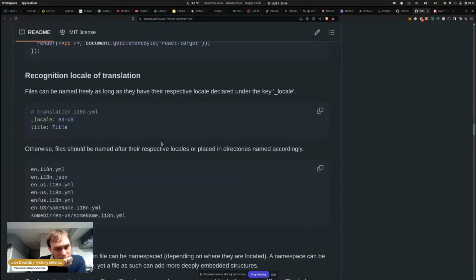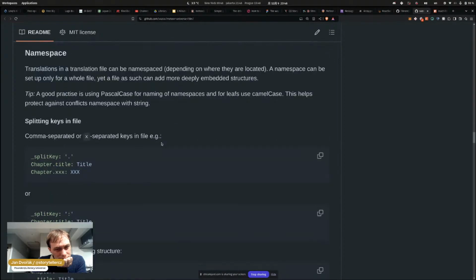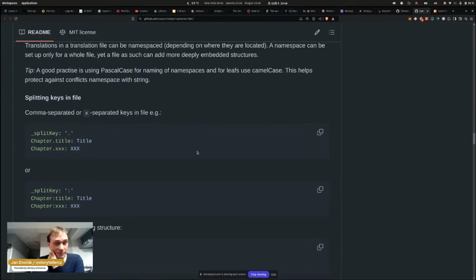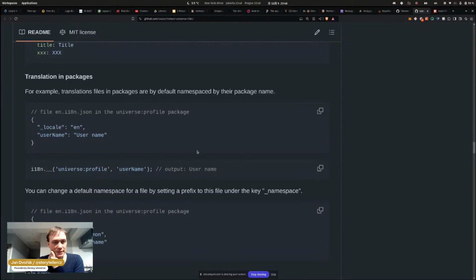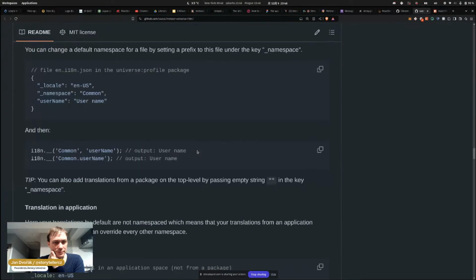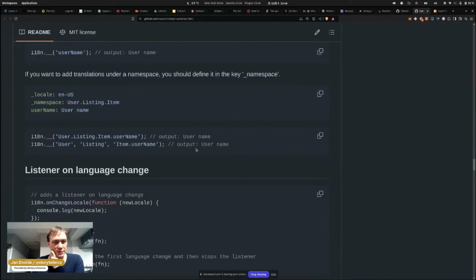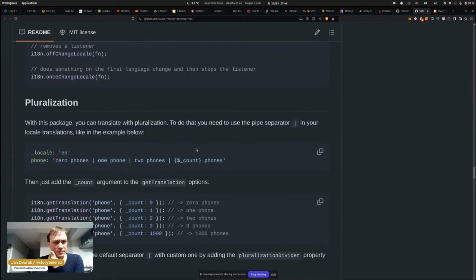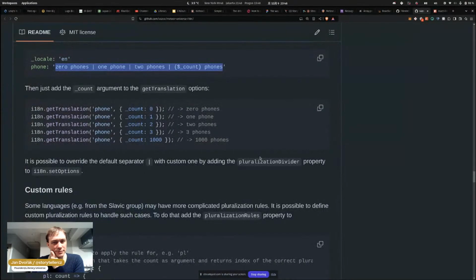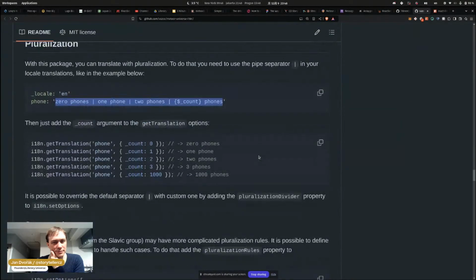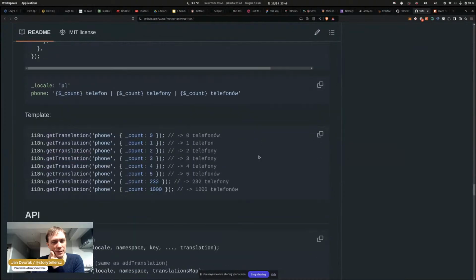So it does have namespaces and some of the other stuff. So pluralization is here. Not too fond of that, but